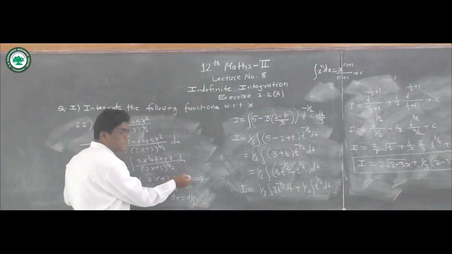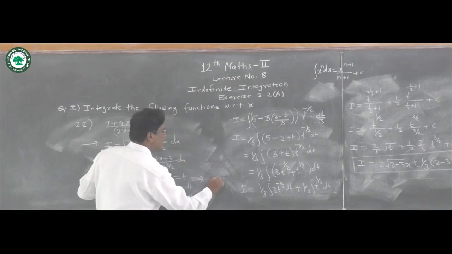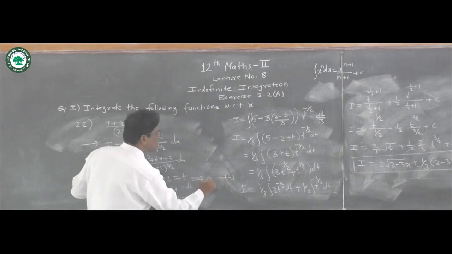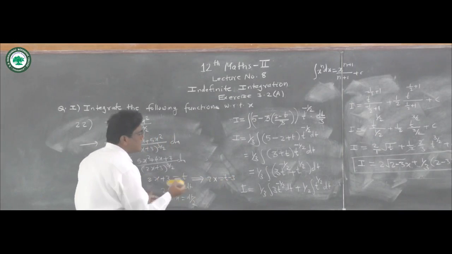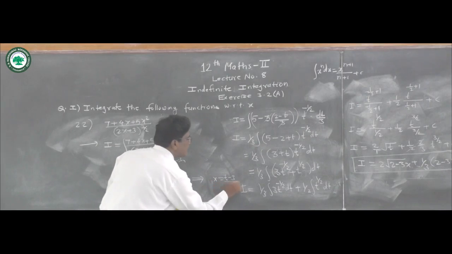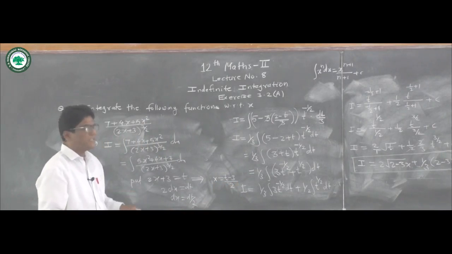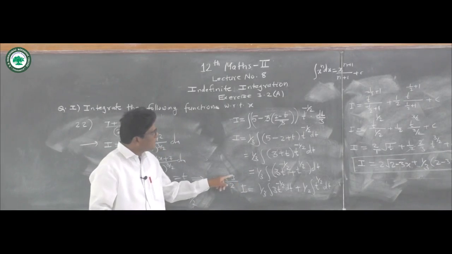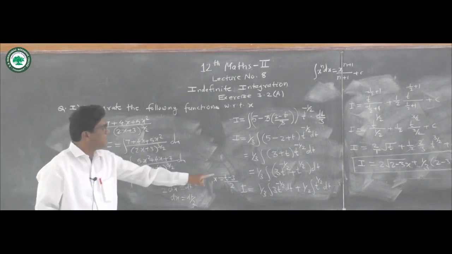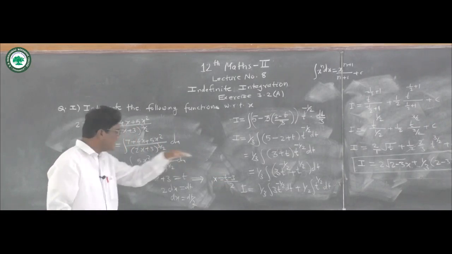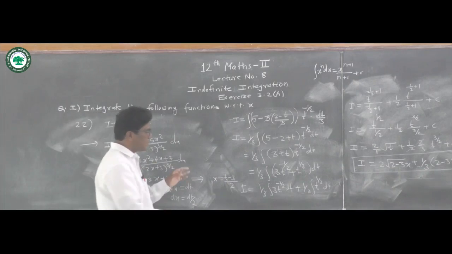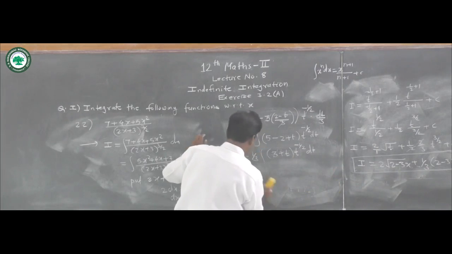Firstly, carry this 3 to the right-hand side: it is t minus 3, and it is equal to 2x. Then carry this 2. Here 2 is in multiplication, so it divides on the right-hand side, and therefore we get x = (t - 3)/2. So in the numerator we replace x by (t - 3)/2. In the denominator we put 2x + 3 as t, and then we solve the problem, and therefore the required integration becomes